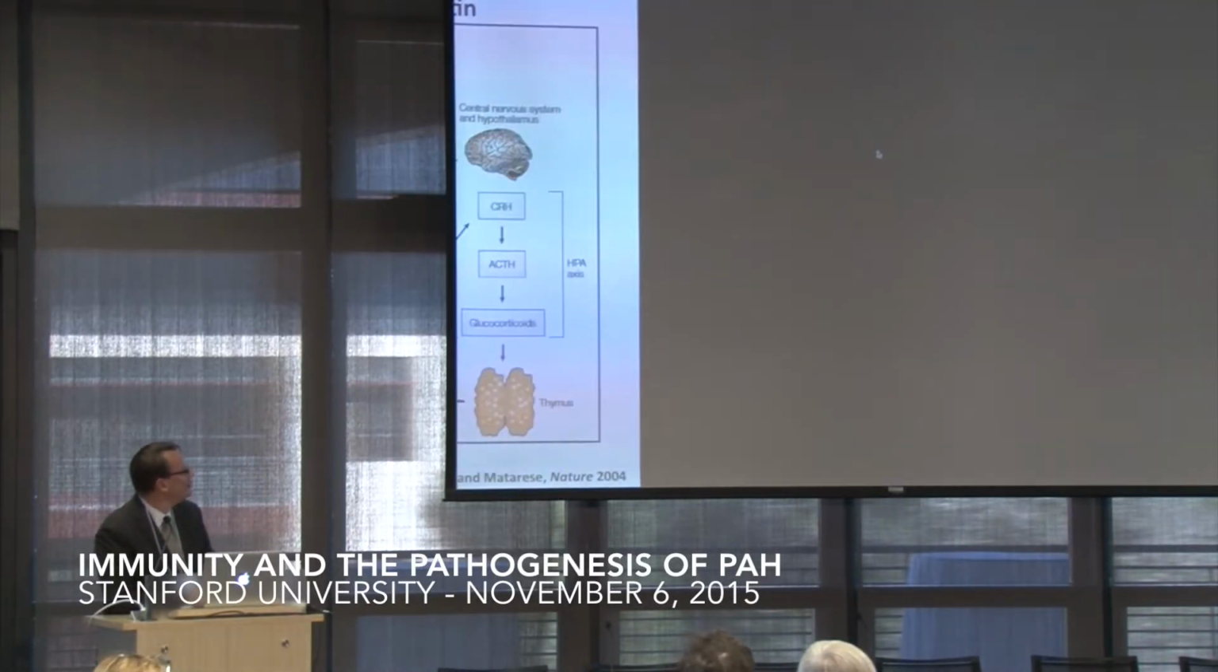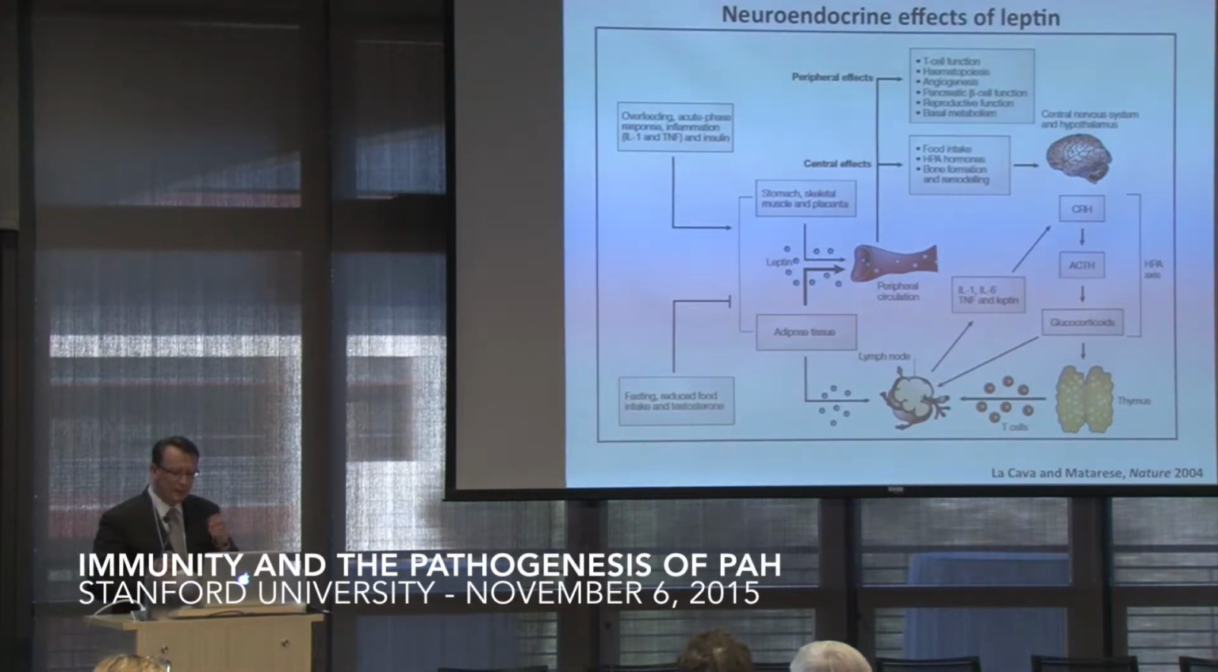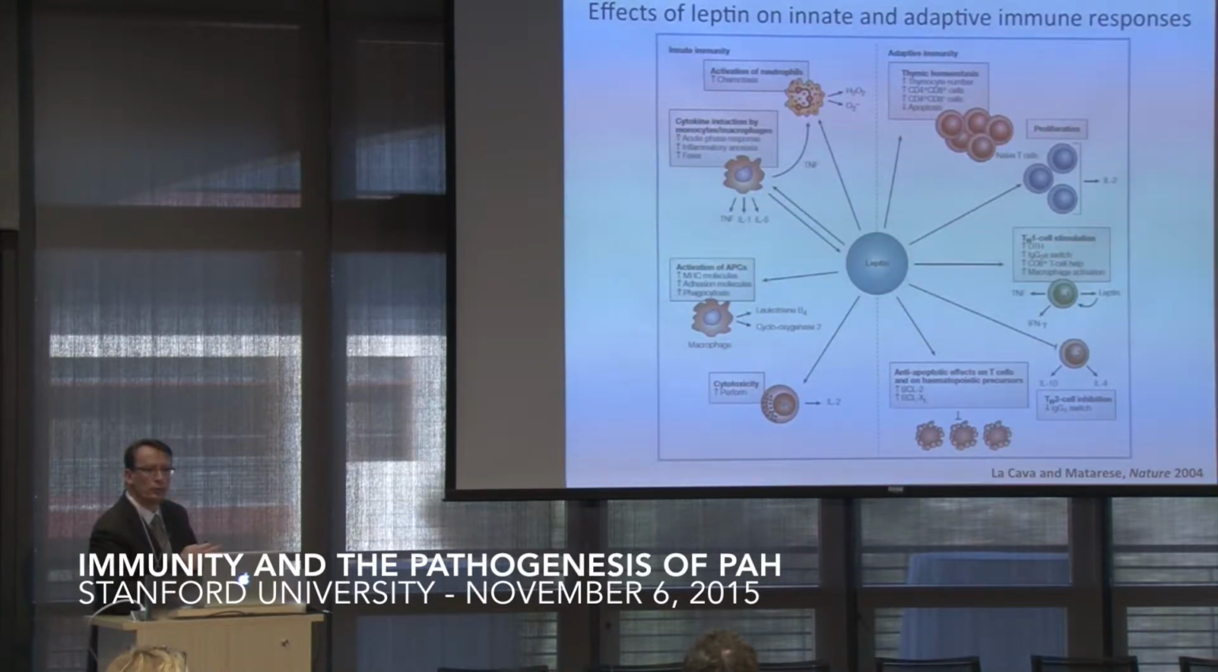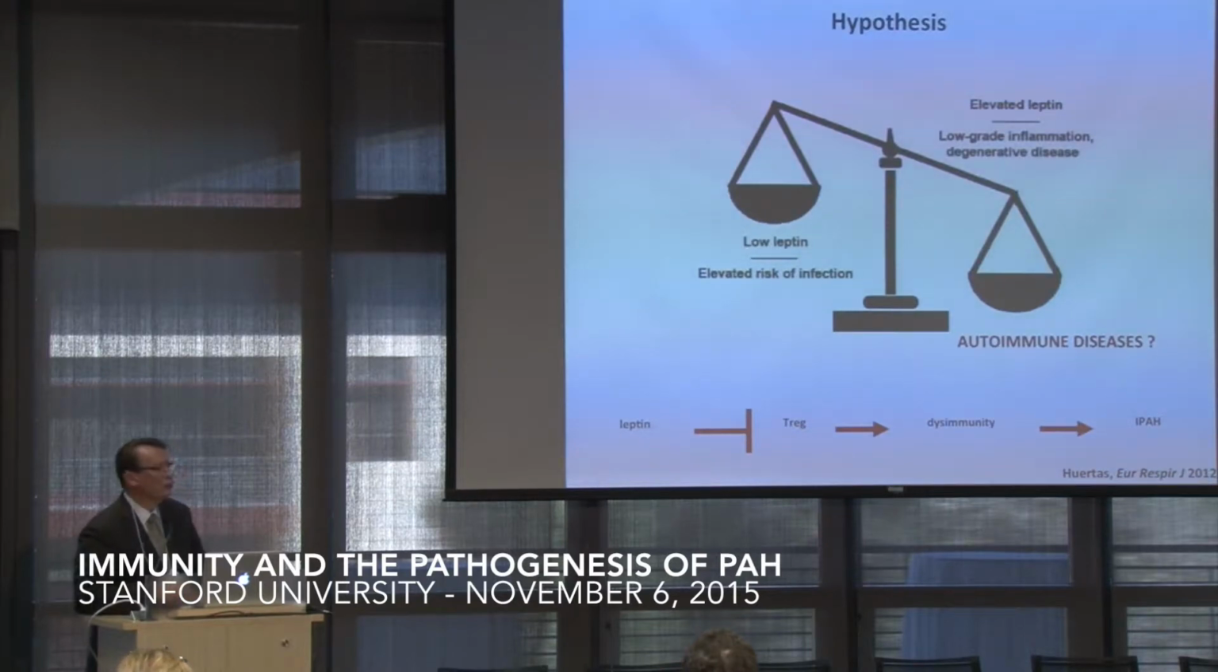Okay. So leptin is quite complex. It has central effects, food intake, of course, and it has peripheral effects, including strong action on T cell function. And in immune response, leptin is really important in innate and adaptive immunity. And the hypothesis we wanted to test with my colleagues in Paris was that